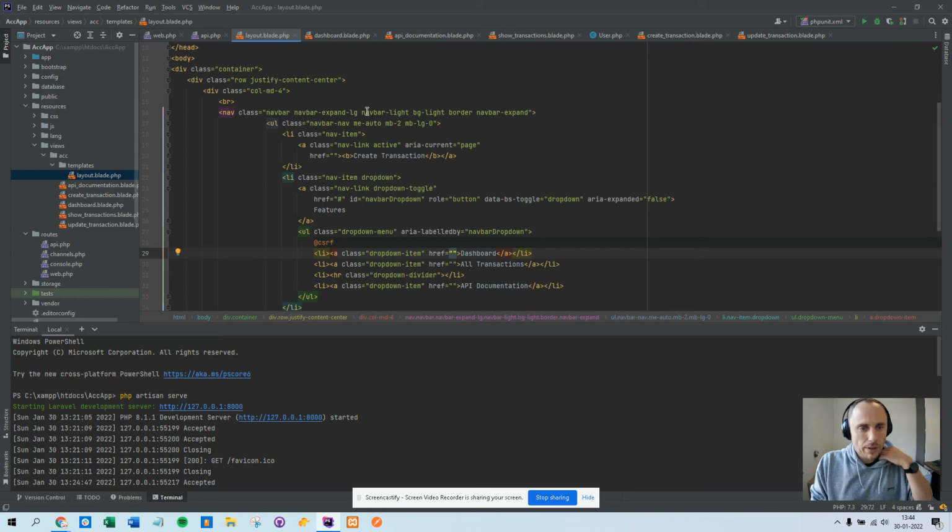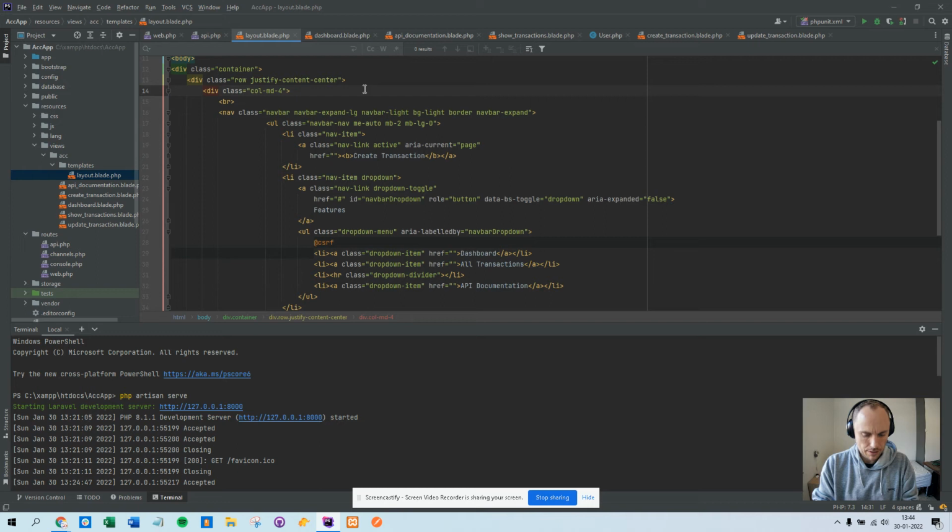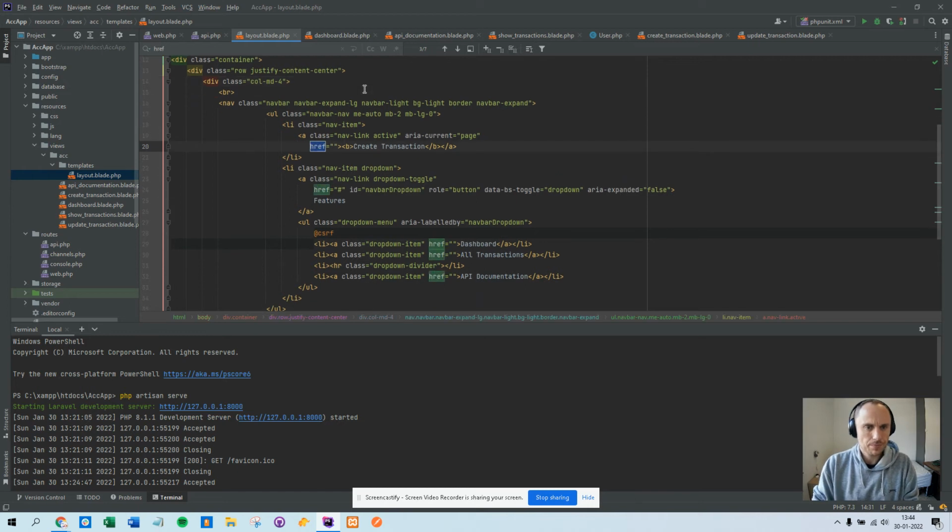So that is actually a great starter to fill out some of these. So let's see, search on href. All right, here's one. So this one, do like this with two curlies, and then you write URL, and then you write basically where you want to go, and I want to go to accounting slash and else create transaction,